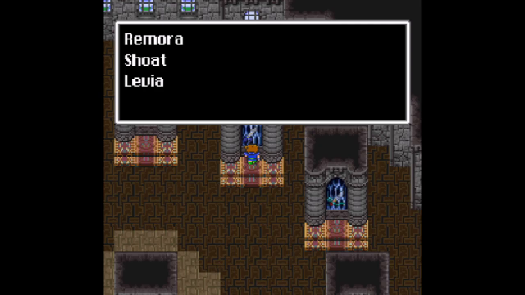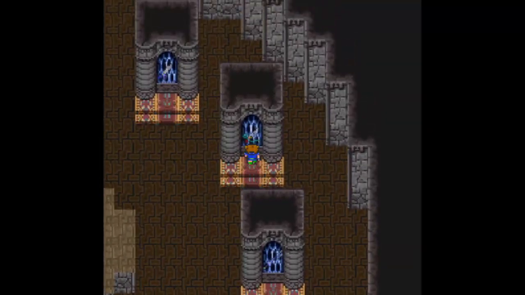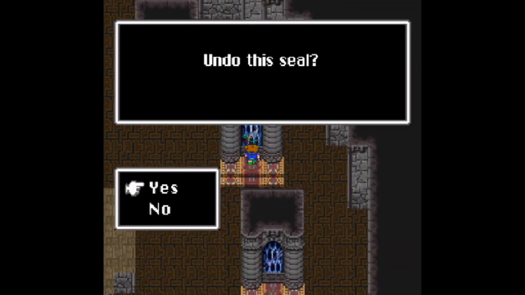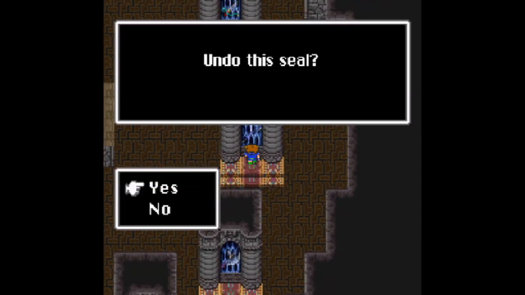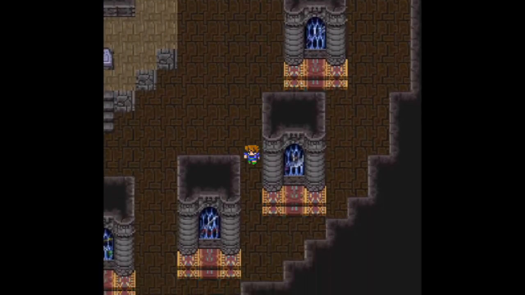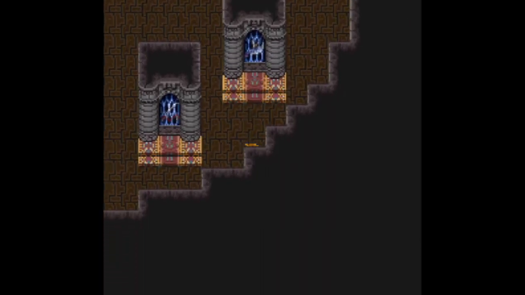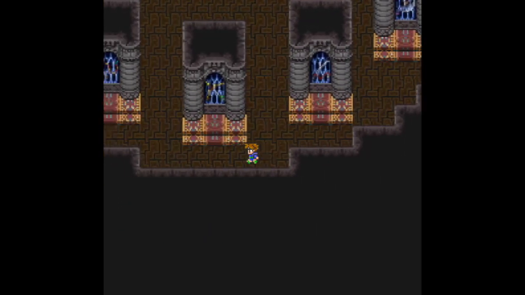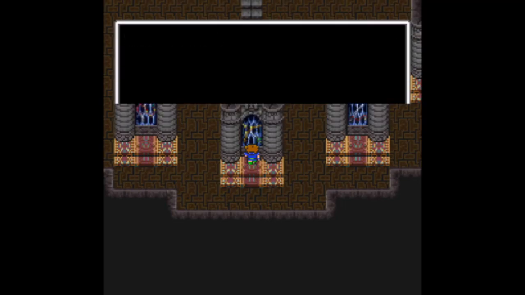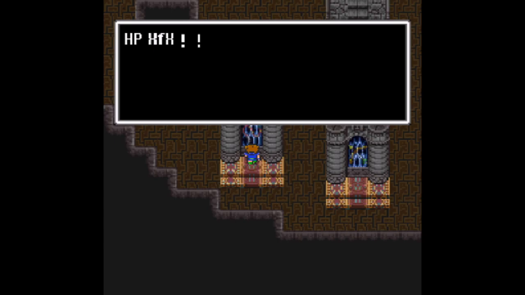So if you don't have any of those, you get Remora. If you have Remora, you get Shoat. If you have Remora and Shoat, you get Leviathan. Okay. We don't have any of those, and Remora is terrible, so... And we're also trying to keep our... So usually what I do is I check what's in all of them before I grab any of them. Because again, each tablet only technically grants you access to 3 of these. So I want to make sure...